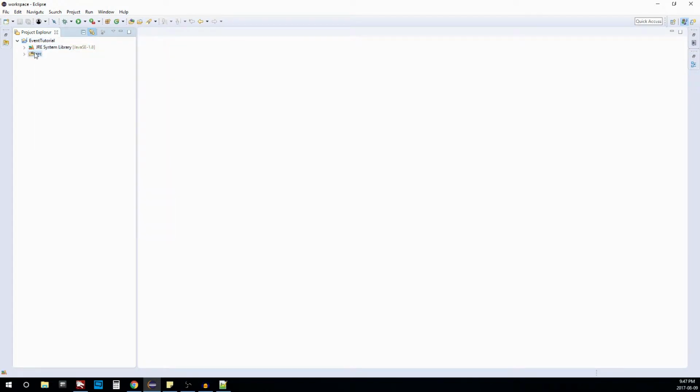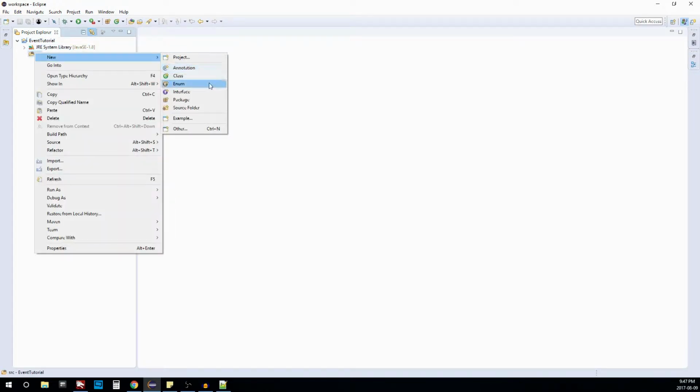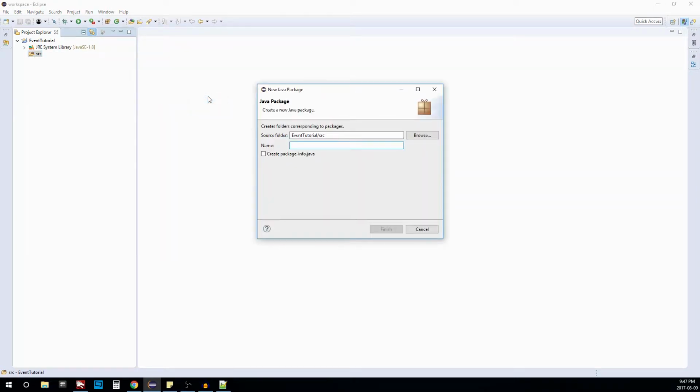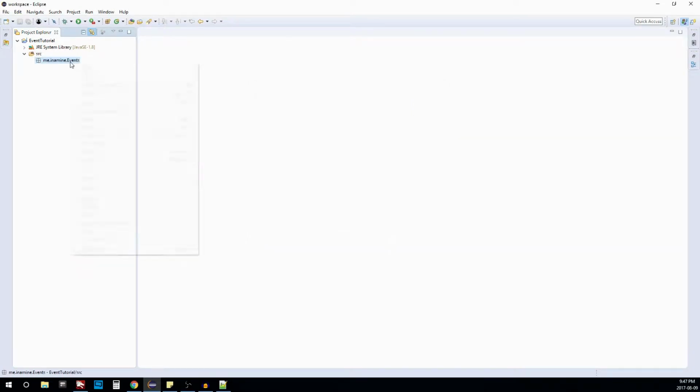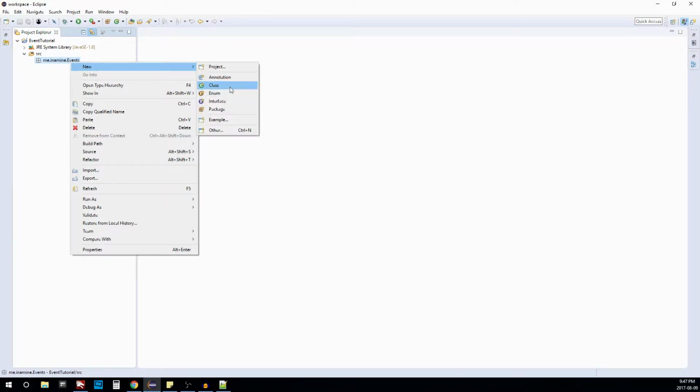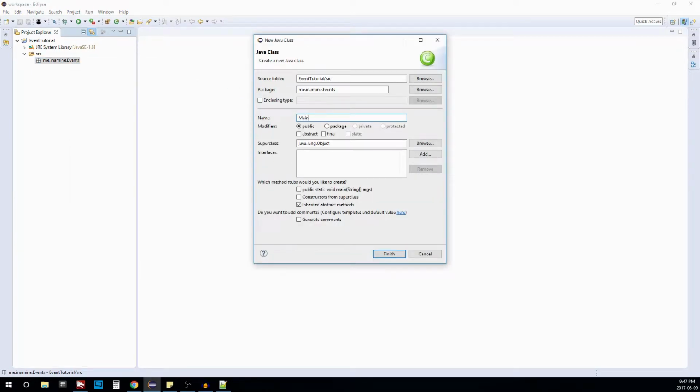Open that up, src, new package. So we're going to call this, you switch out inamine with your own name, but me.inamine.events, I guess, finish, and then inside of that we need a new class, and we'll just call that main,